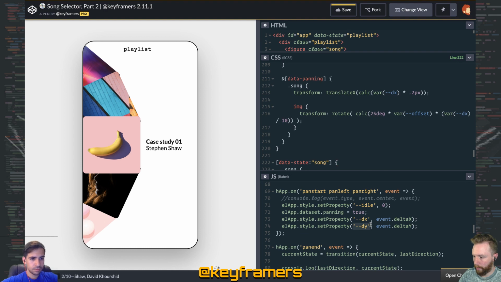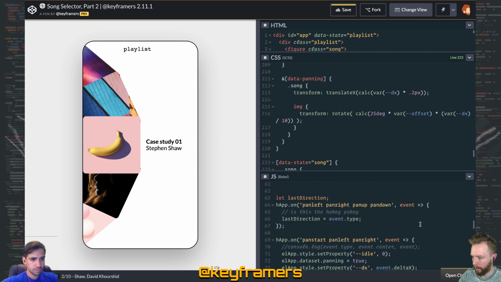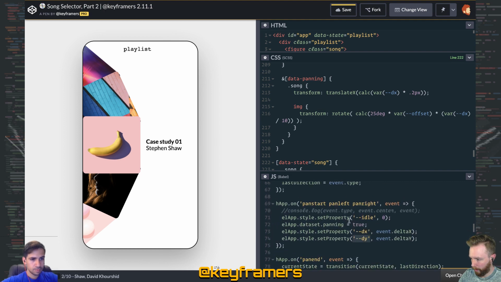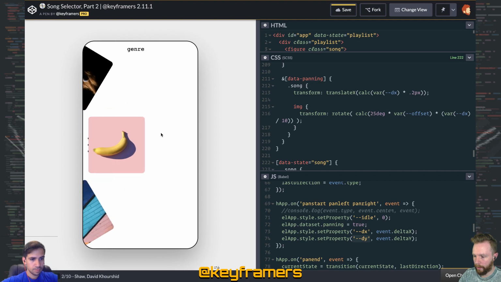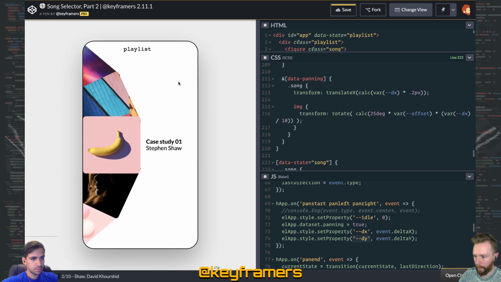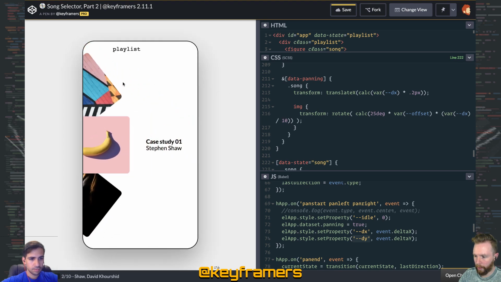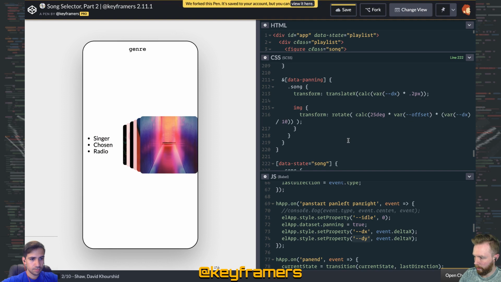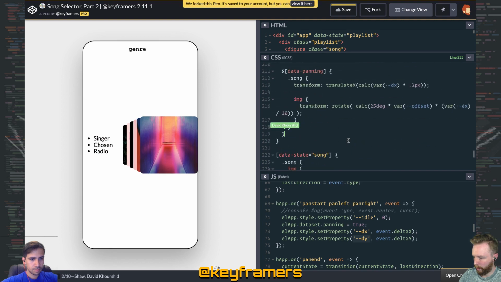So anytime the panning starts, it updates these variables showing the distance the pan has traveled. So that's why this genre title up there and playlist is moving with the mouse, and David is plugging in